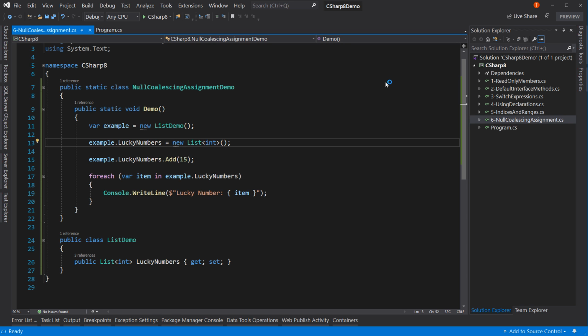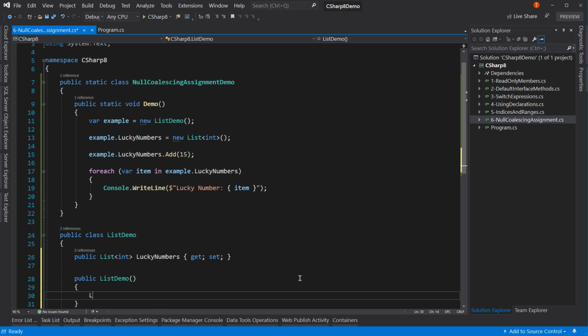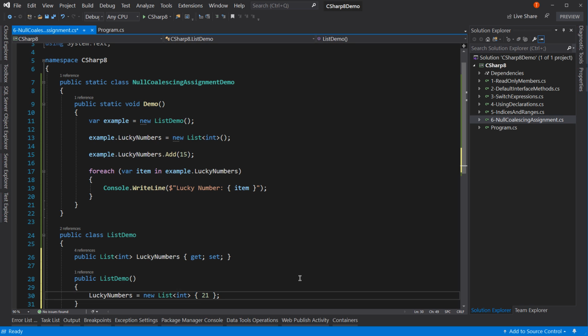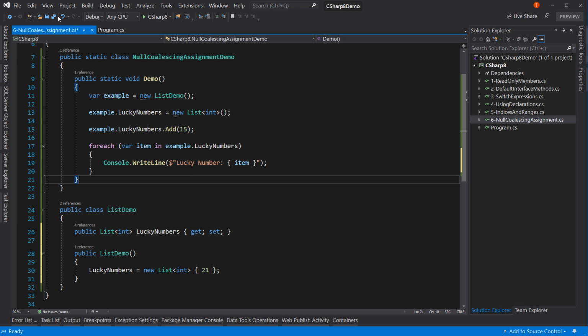All right, but what if the developer of the list demo class, who is not me, comes along later and says, oh, you know what? I never instantiated this. And in fact, there's some default lucky numbers out there. So let's create a constructor where I say lucky numbers equals new list of int. And by the way, let's put the number 21 in there because I think that's always lucky. Cool. Nothing changed in my code here. It's just that I changed this class here, or somebody else changed this class. Now I run my code,